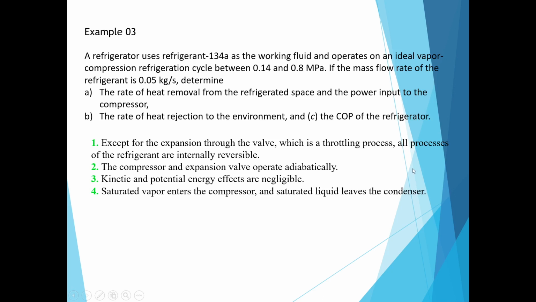Okay, we will work on this example. A refrigerator uses refrigerant 134A as the working fluid and operates on an ideal vapor compression refrigeration cycle between 0.14 and 0.8 megapascal. If the mass flow rate of the refrigerant is 0.05 kilograms per second, determine part A, the rate of heat